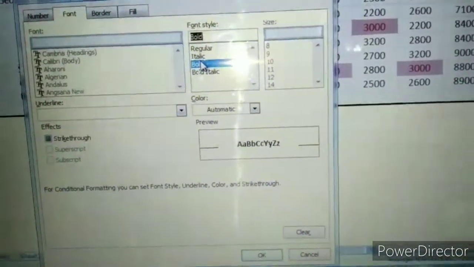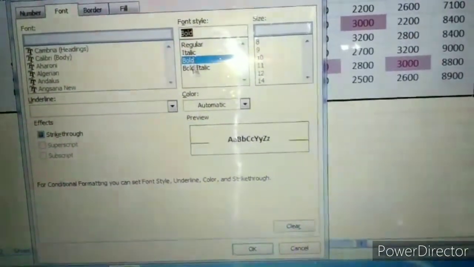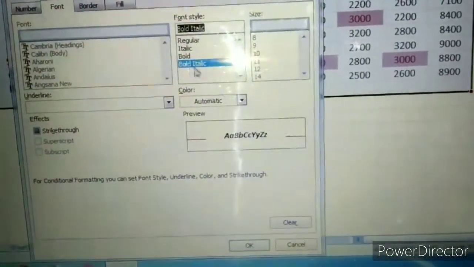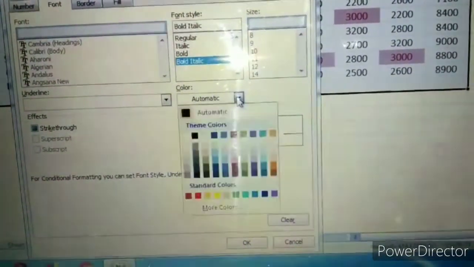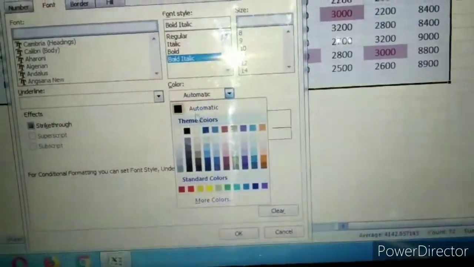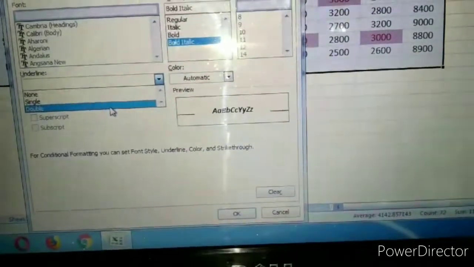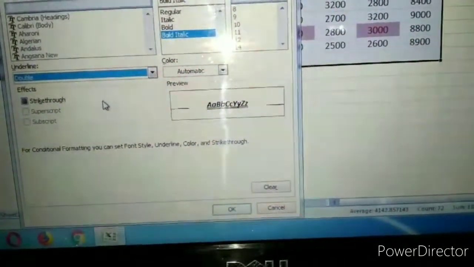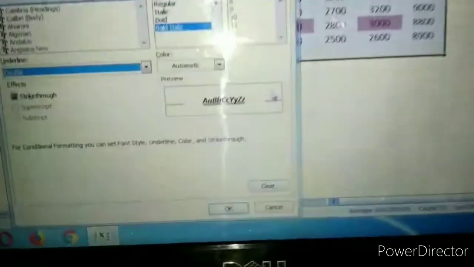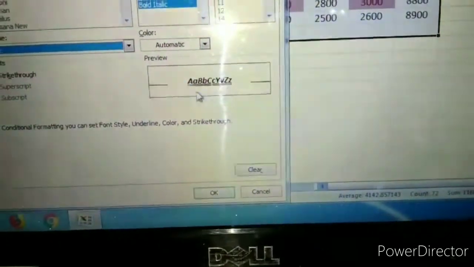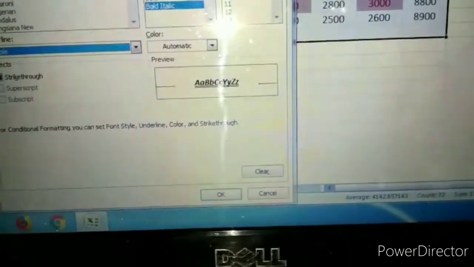Bold, no problem. You want bold, italic, okay, or automatically the color also will change, no problem. Or you want to underline, you underline single or double. You see after the OK button, your data will come with underline.